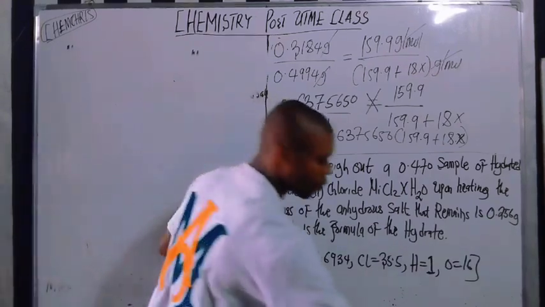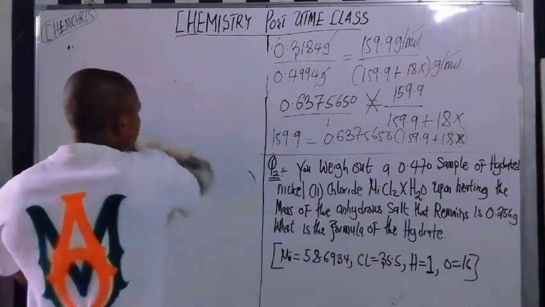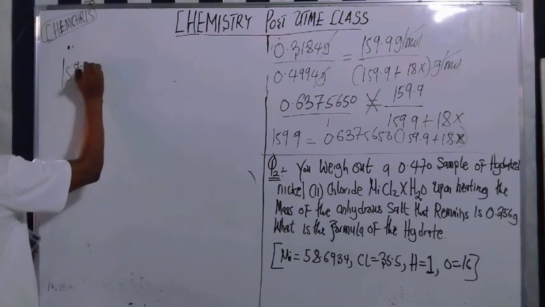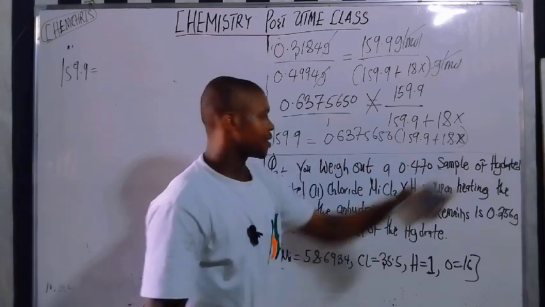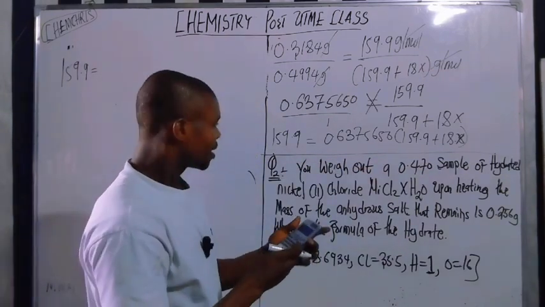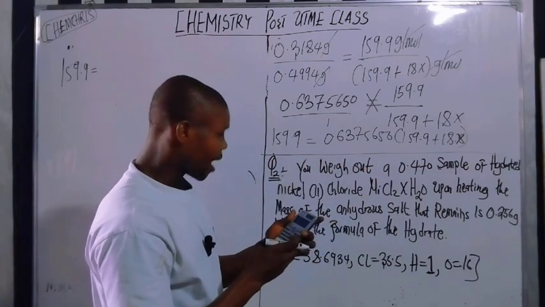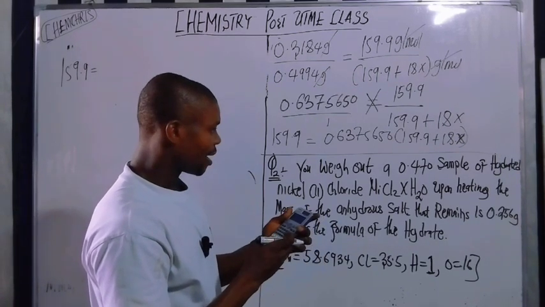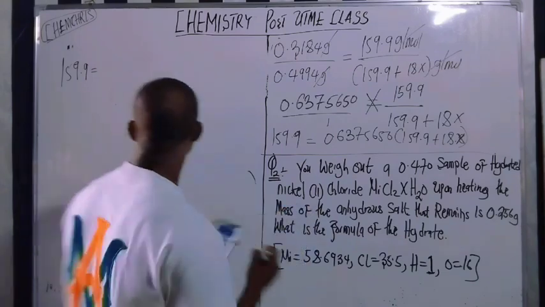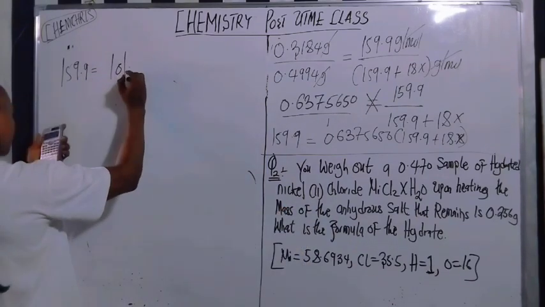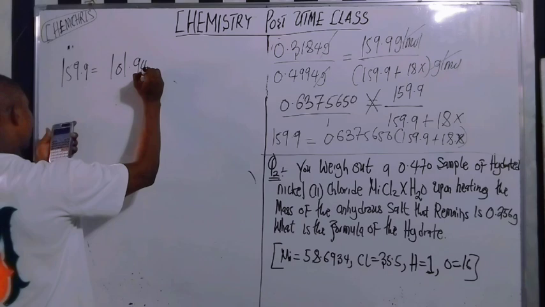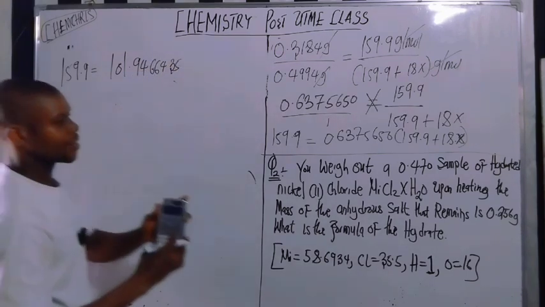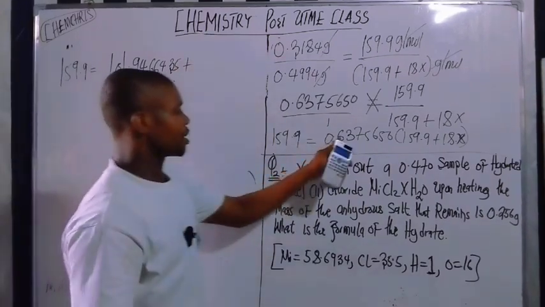I can easily get what my x. So it's going to be 159.9 equals to. Now let's open the bracket. If you open the bracket here we have 0.6375650 times 159.9. Here I have 101.9466435, right? Plus